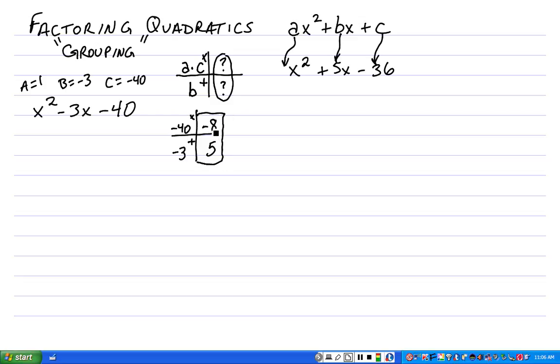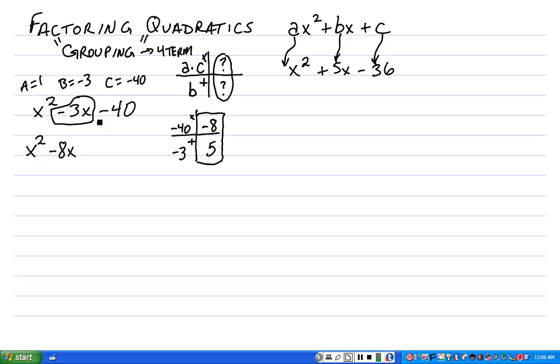Now I'm trying to get these two numbers because, when we learned grouping in our factoring basics session, we talked about how grouping is associated with a 4-term polynomial. So what we're really trying to do is take this trinomial, 1, 2, 3 terms, and turn it into a 4-term polynomial. The way we do that is by replacing this negative 3x in the middle by the two numbers that we just found over here. So we rewrite our problem,